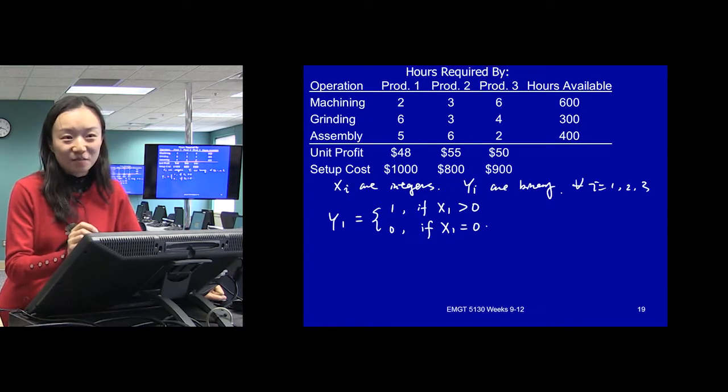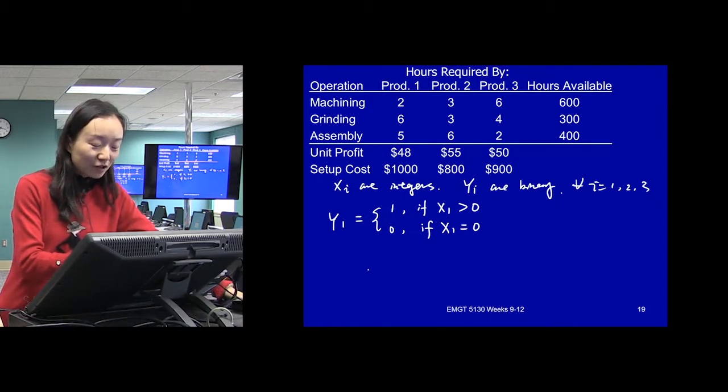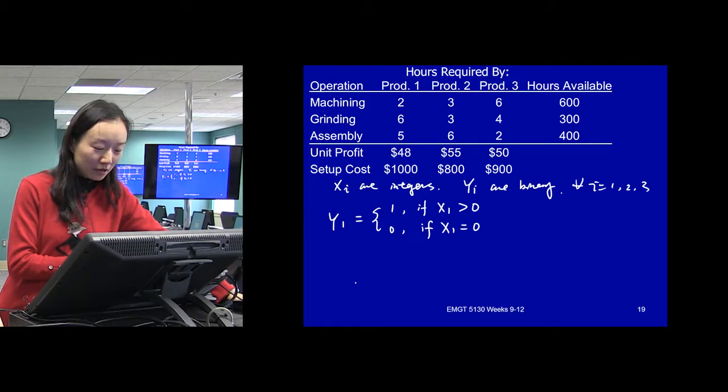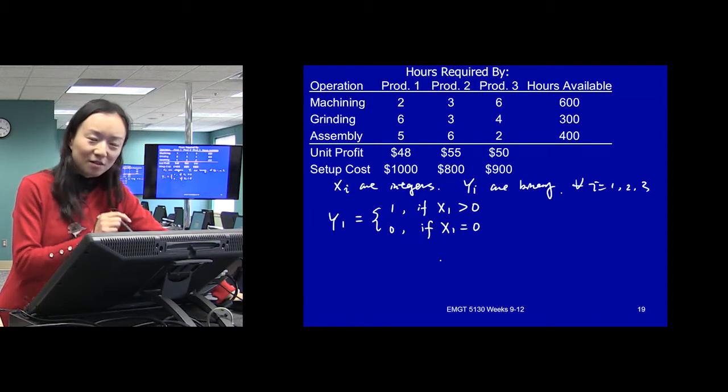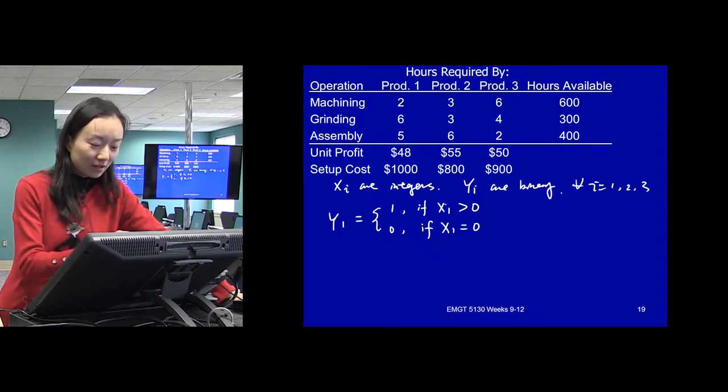But let's think about, say, if x1 is binary, what happens? Can you relate to the logical statement that we talked about earlier? It's kind of saying, okay, if they are both binary. Think about that. That's the project one. If 4 is chosen, 4 cannot be chosen unless 5 has to be chosen. Do you see similarity in this one?